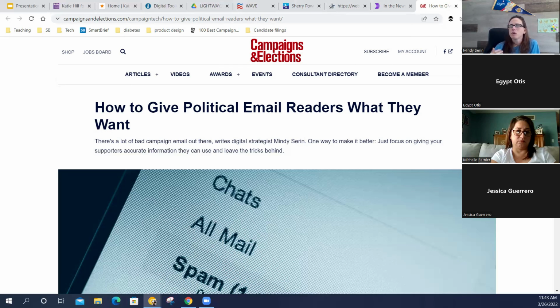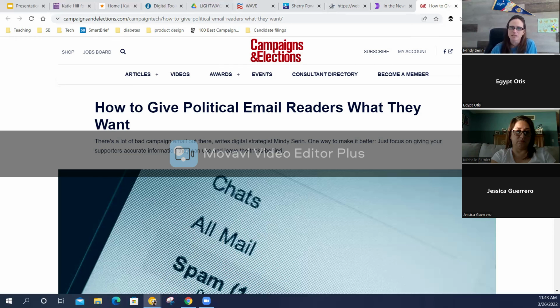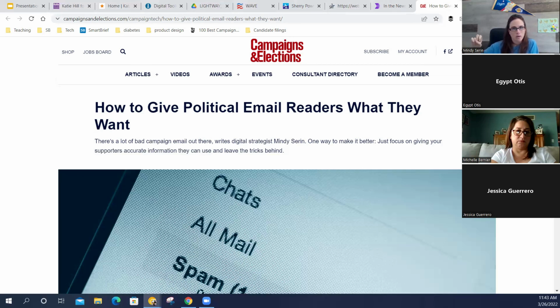So you want to think about why you are signing up for email lists. Is it because you want to be marketed to, or is it because you want information? We all want information. We don't want to pay. We don't want to be marketed to. We want information. So when you write your emails, you want to make sure that you're always giving good information that your readers are going to feel they'll miss out on if they unsubscribe.